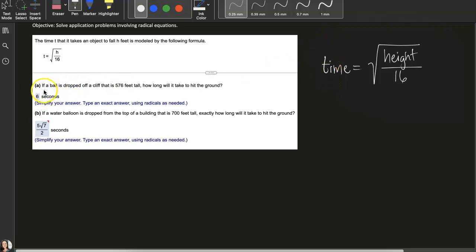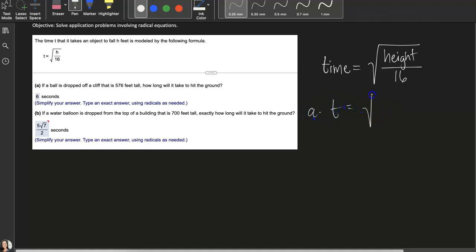So in part A, we're told if a ball is dropped off a cliff that is 576 feet tall, how long will it take to hit the ground? What we're given here, the 576 feet, is the height. And notice that that height is in the correct units that it needs to be for the formula. So for part A,